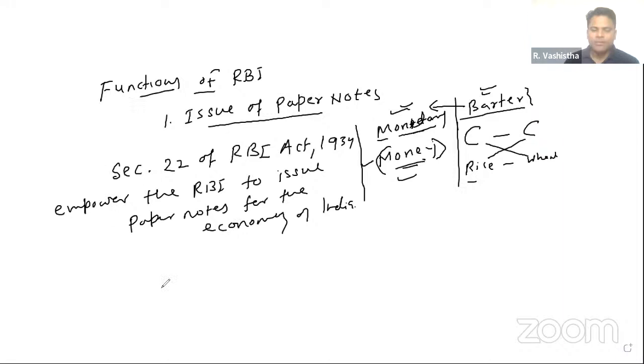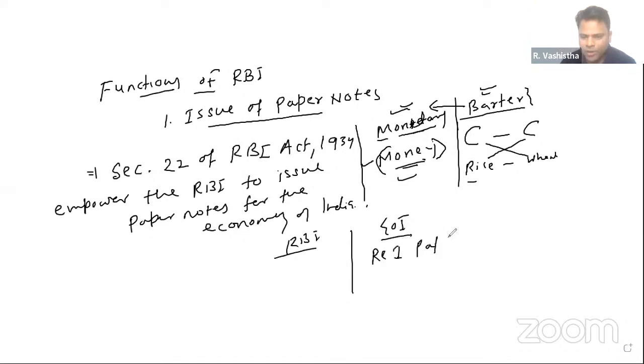So this is one thing. Second thing is that in our economy, there are two important institutions responsible for the circulation of money, right? The first one is the Reserve Bank of India, and the second one is the Government of India. Even the Government of India circulates some kind of money. Like you must be knowing that the 1 rupee paper note is not printed by the RBI. It is printed by the Government of India,